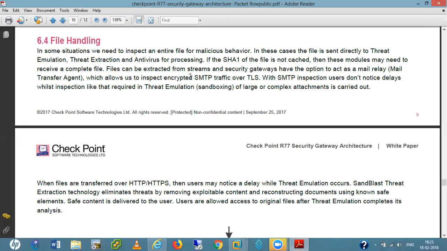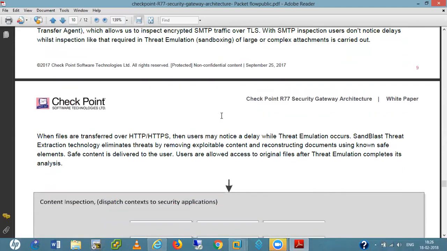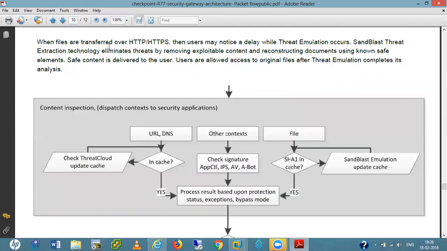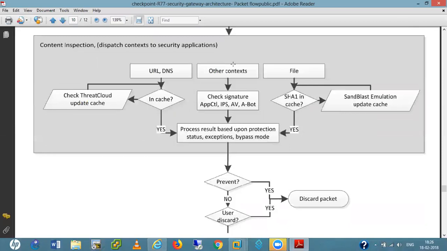Files can be extracted from streams, and security gateways have the option to act as a mail relay agent, which allows us to inspect encrypted SMTP traffic over TLS with SMTP instruction. Users don't notice delay while requiring that. When files are transferred over HTTP, the users may notice a delay, which is not a good thing.